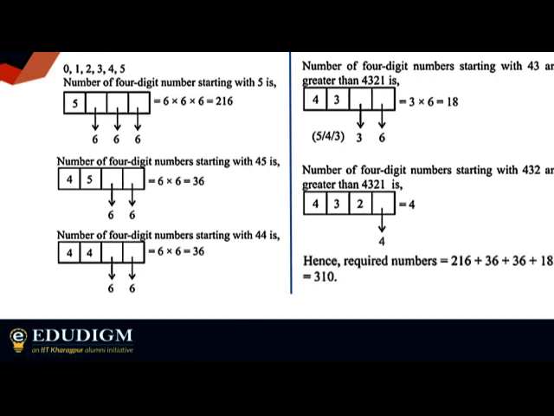So we have just given the entire case breakup here. I hope you understand. We can just add them up and get the answer. As you see these two cases, you can just add them up as well. Like for 4, you can get 5 or 4 in the second position, where there will be no restriction on the rest of the places. We can club these cases as well, but I have made separate cases so that you have a better understanding of what is going on. I hope this is okay with all of you. If you have any problems, please let me know. Otherwise, I'll just quickly move on to the next one.